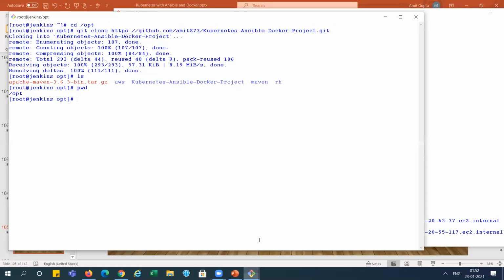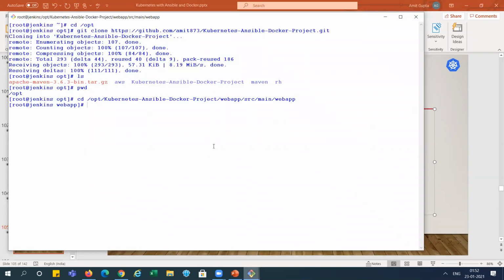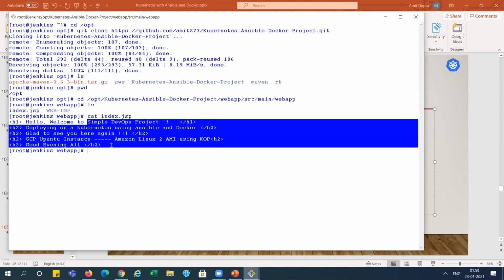Now I will go to where our index.jsp is. You can see index.jsp here, and cat index.jsp shows the comments we are getting here.